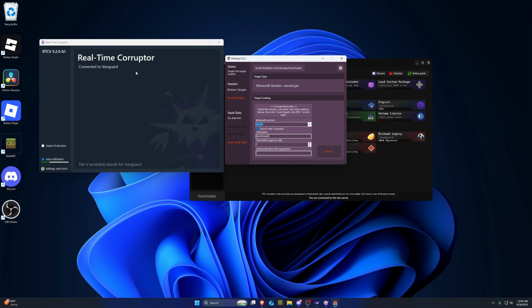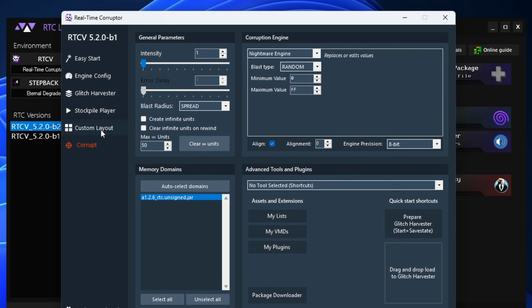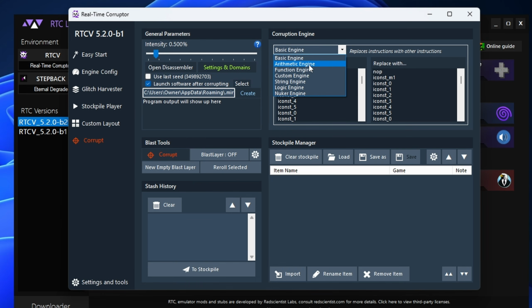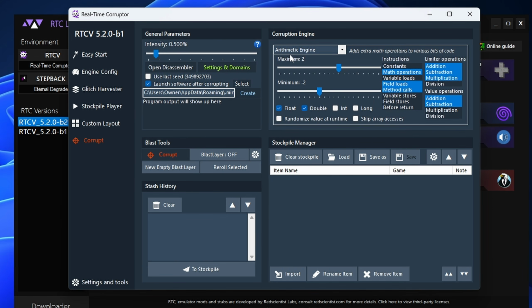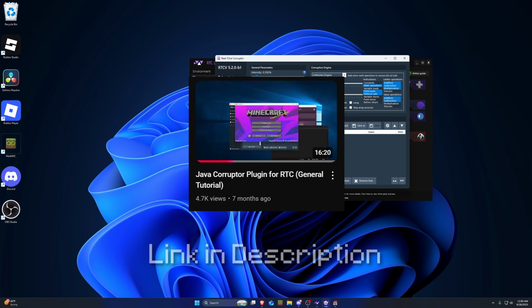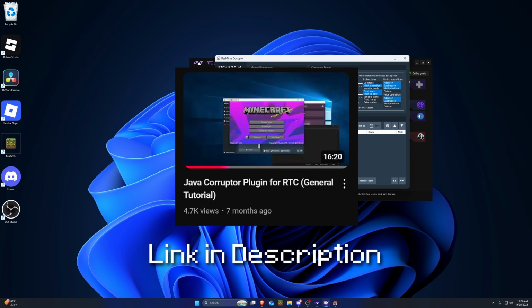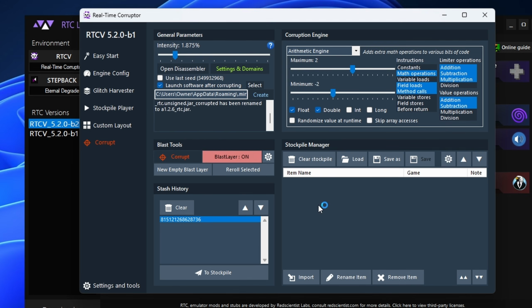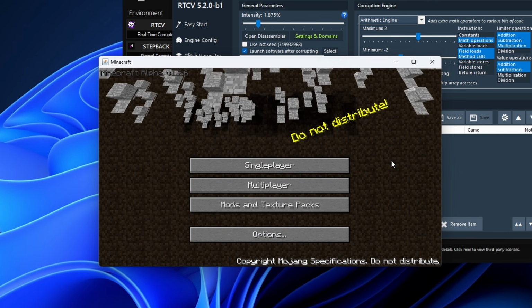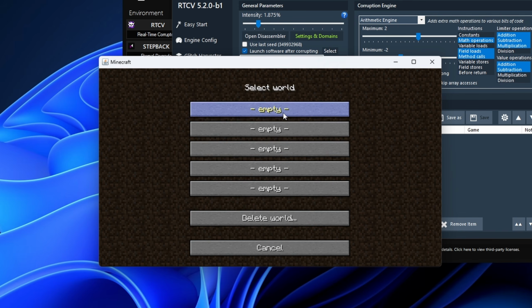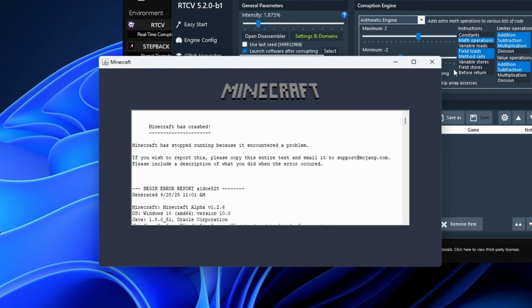It should automatically connect and set everything up. Make sure to click the custom layout button. You'd want to go to, likely, arithmetic engine is good, and then you can select whatever you want and mess around with the values. I do recommend this video here that describes in depth how the whole corruptor works if you want to go a little bit more into it. Click corrupt, it's going to launch up the game automatically for you, very easy, and then boom, you got a